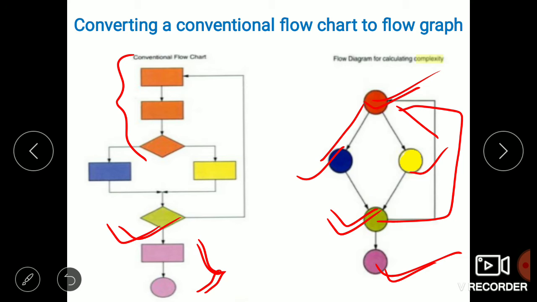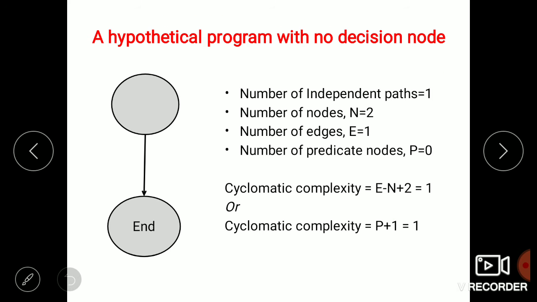The next point is how to calculate the cyclomatic complexity of a program or of a flow diagram. As I told previously, we represent a flow diagram or flow graph in the form of nodes and edges. Circles are used to represent nodes, and arrows are used to represent the edges.